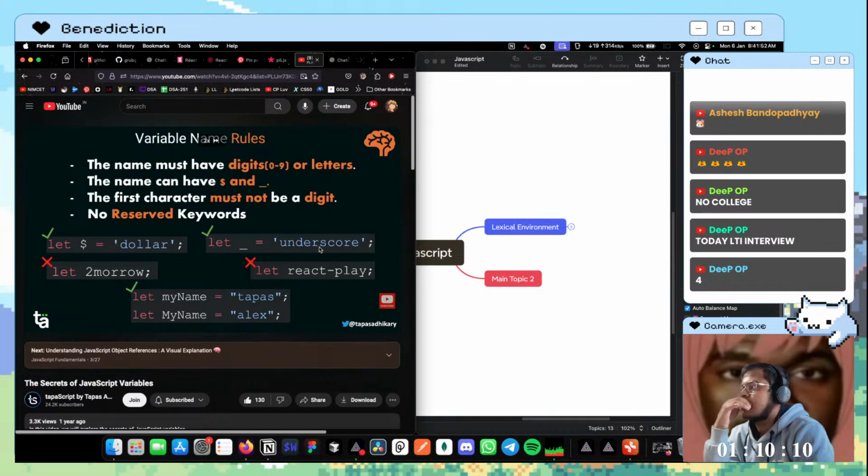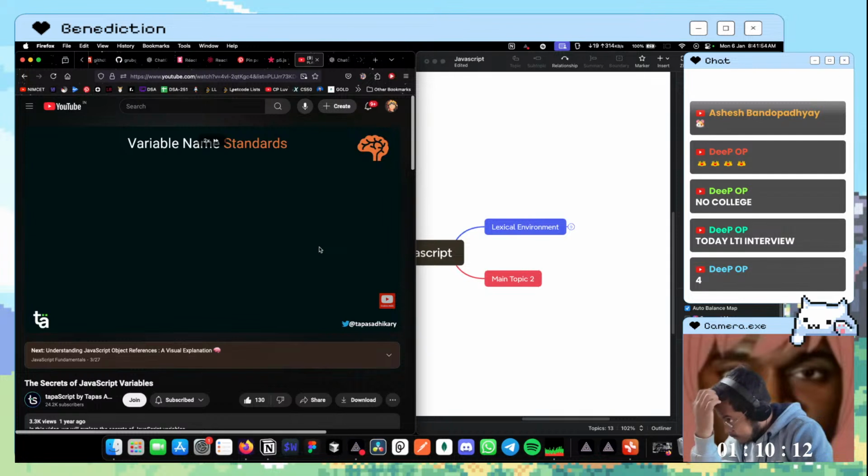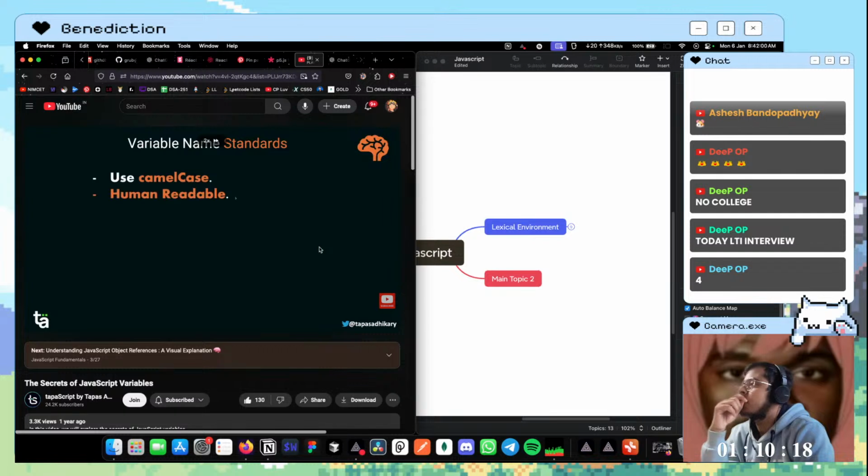So I hope these variable name rules are clear. The next thing that we're going to talk about is the standards. Now we know the rules. When you start creating variables, what kind of standards should you follow apart from the rules? Some of the best standards are to use camel case. It should be human readable. It means that anybody looking into your code, looking at the variable name, should understand what the variable is for. If you have a counter which maintains a count of something, you will probably select a name called count or counter. You won't say my name equals 1. You can give any name as a variable name, but it should be human readable.